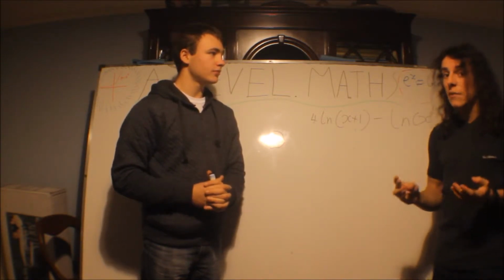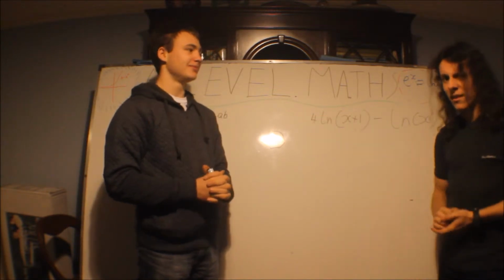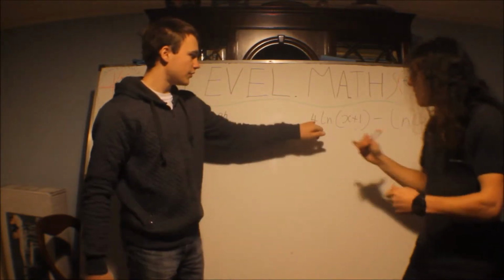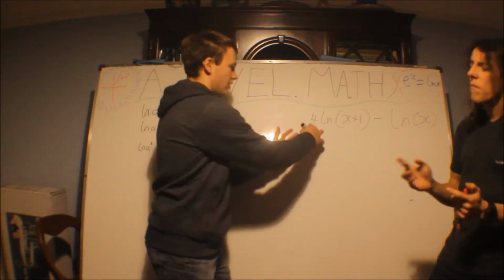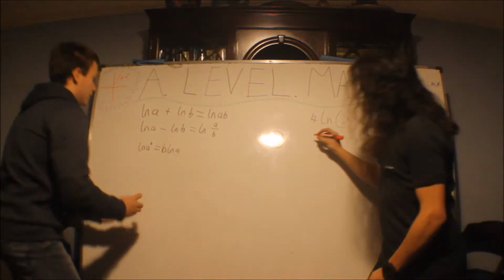And we're going to do it. What you need to do in the exam, it'll say, write this as a single logarithmic expression, just like that, but with words on paper. We're going to show you how to do that right now. Okay, so first, this is 4 ln of a lot. This is 1 ln of a lot. So we want to get rid of the 4. To get rid of the 4, we use our last rule, but the other way around. So we're going to be using this one,